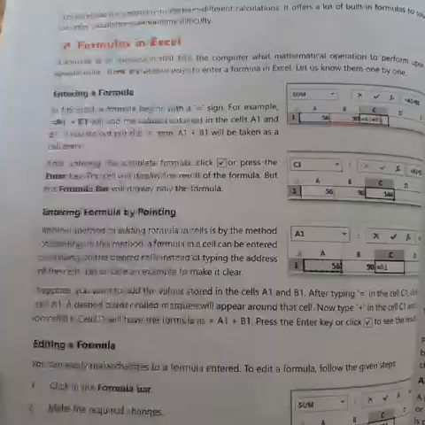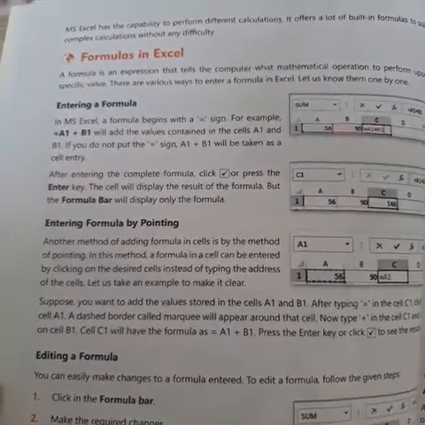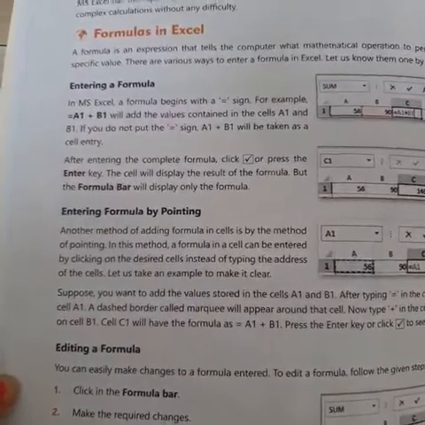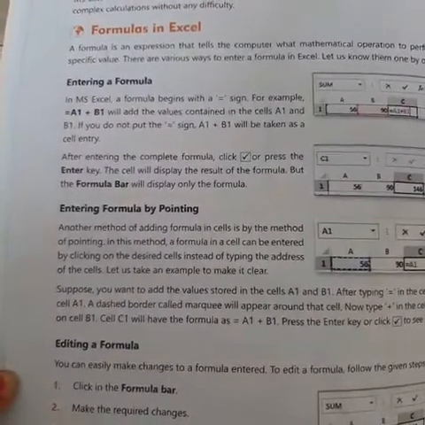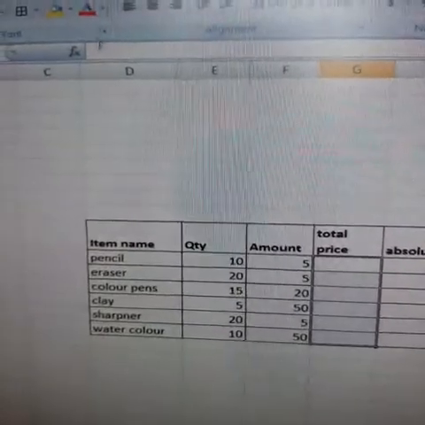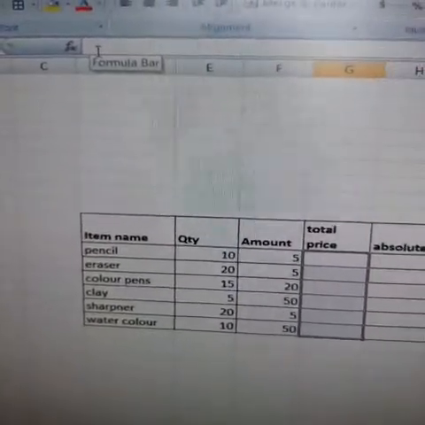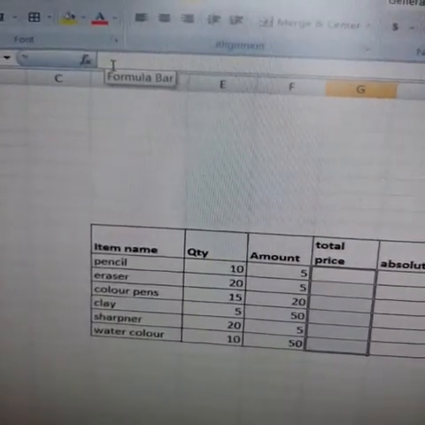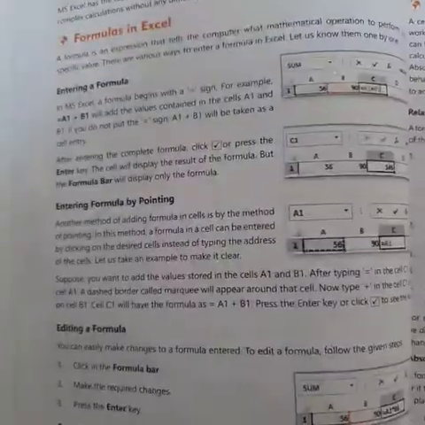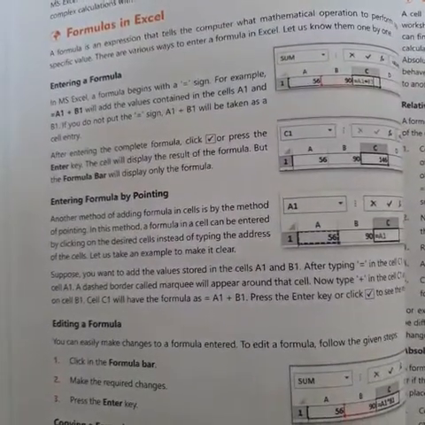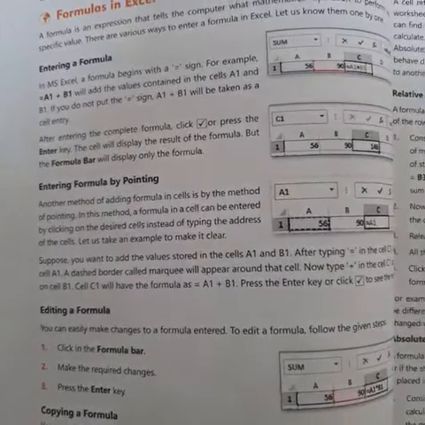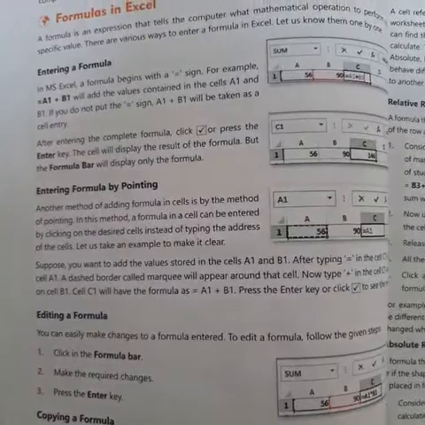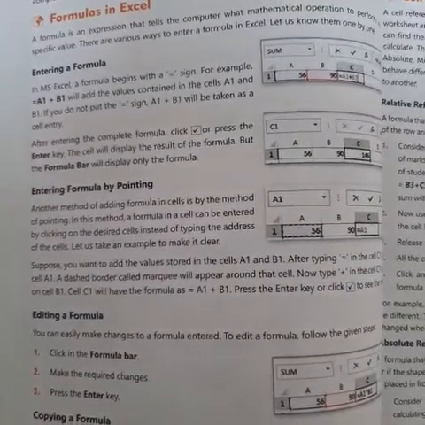Let's start. The first thing we all know is the formulas. Suppose we want to write some formulas in MS Excel, we have to use the formula bar. Let us see. As we know, this is the formula bar. In that you can write any formula of MS Excel and you can perform the calculation. So we are getting the idea about the formula bar, and we know that if I want to write any formula, then I have to use the formula bar. Just go into the formula bar and type the formulas.